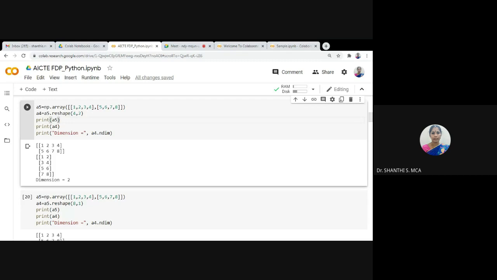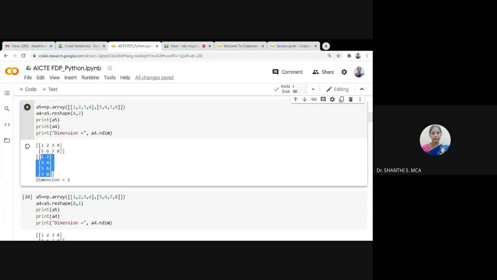So this is the given array. So here 1, 2, 3, 4, 4, 5, 6. This is our given array. It is also a 2D array. Next we are changing the shape of the array. Again we are changing it to a 2D array, but the number of elements in each row and column will change. Here we are converting it into 4 rows with 2 columns. So this is 4 rows.